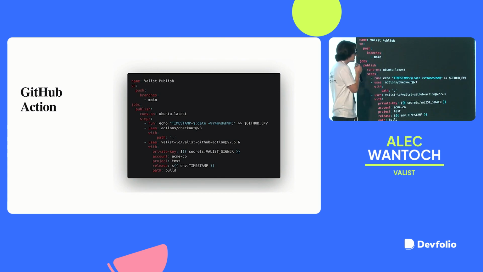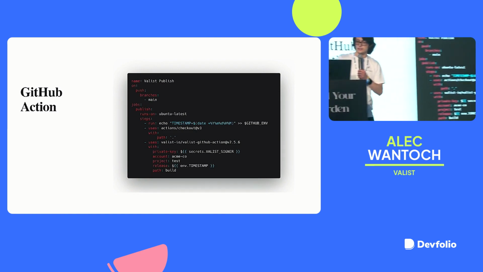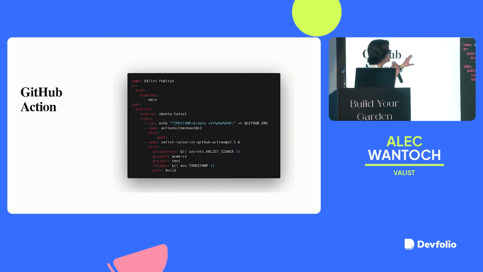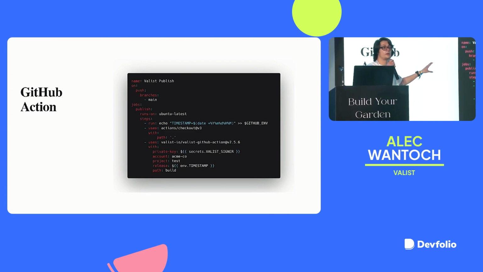So you could basically store that as a GitHub repository secret on your repo, and then it will use that as a signer. And we have meta transactions out of the box, so you don't have to sign any, you don't have to pay anything for crypto, and it will automatically publish super easily there. And so that's really nice if you already have workflows. And then we have an automated deployment system as well.